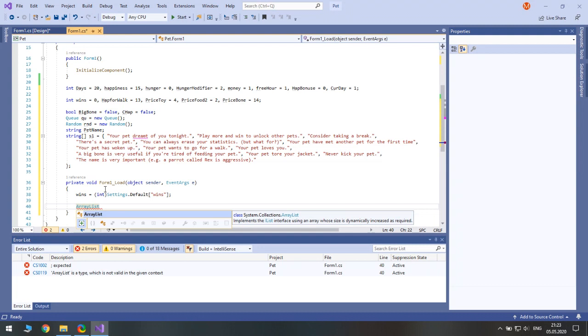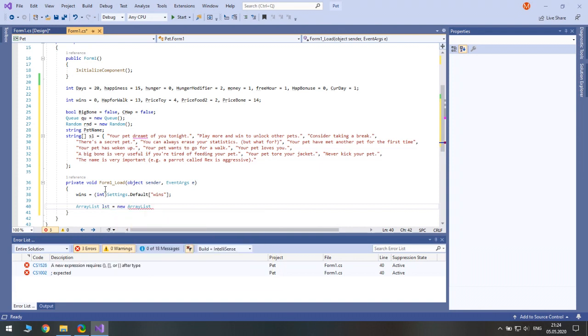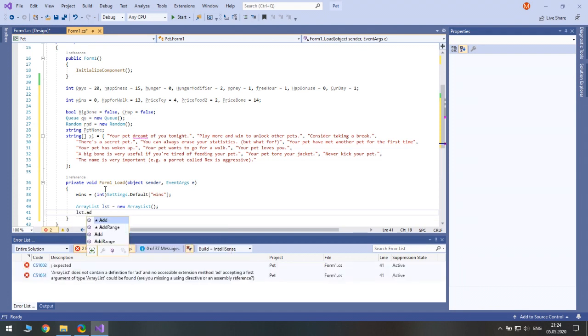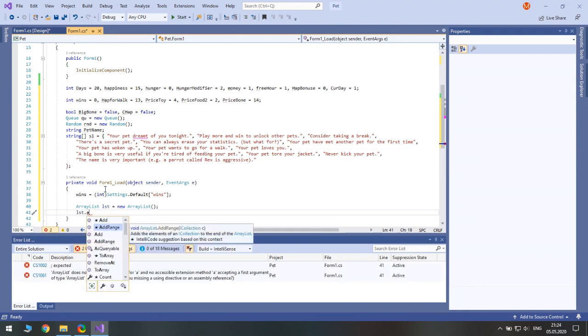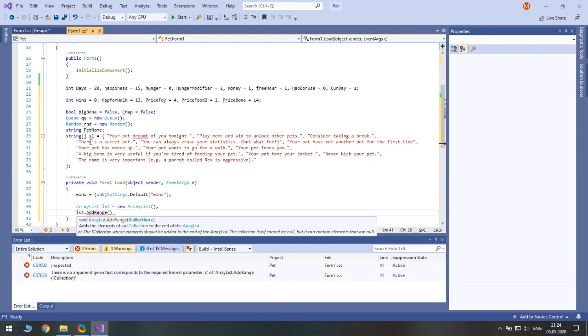So ArrayList with the name lst and new ArrayList, and instead of adding to it one by one in a loop, we will use AddRange, and here we pass in our collection, that is, s1.